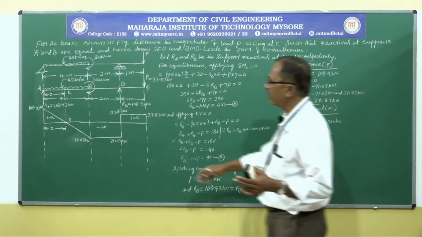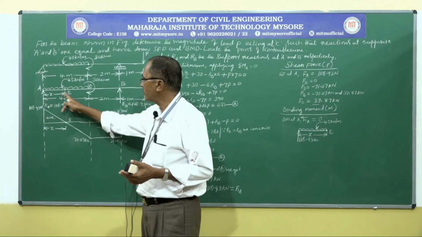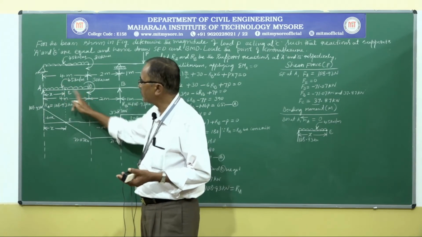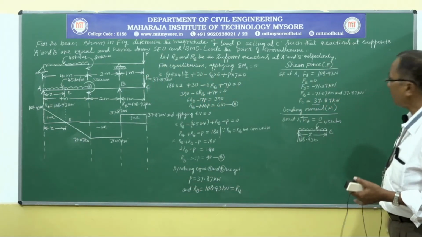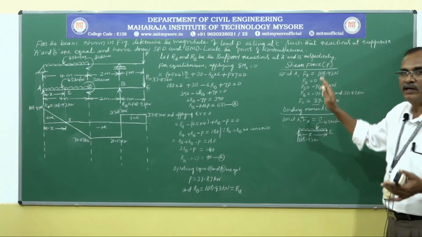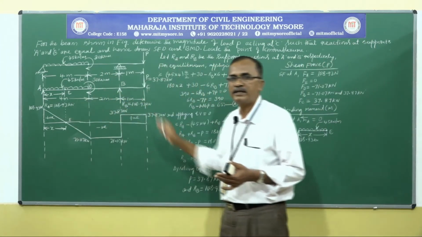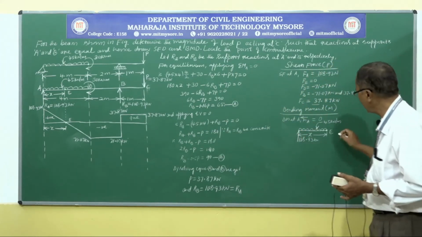Proportionately we will get another value; we will get the x value somewhere here. If I consider the right-hand side, we consider another x value, so there will be a proportionate value, and the bending moment will be the same. Whatever value we get, whether we consider the left-hand side or the right-hand side, the bending moment calculated at point E will be the same.